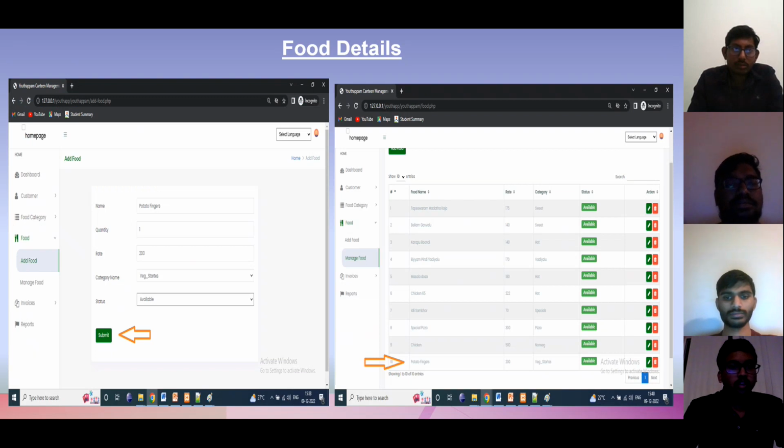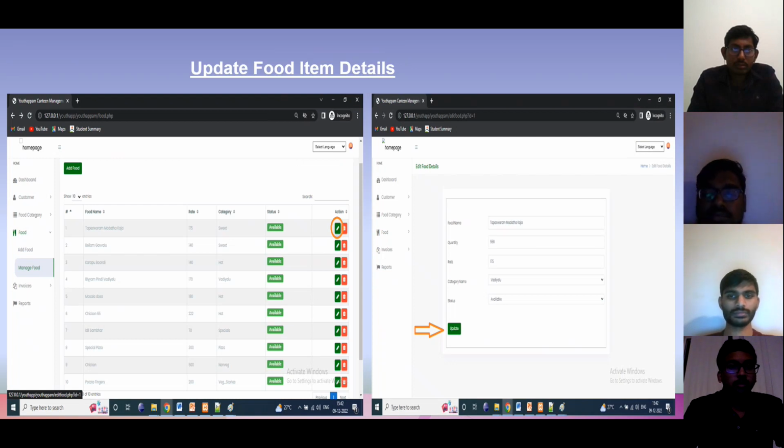as you can see, we can enter the food details that we need. If we make a new item, we can enter the name and the quantity, how much the price is for one quantity, and which category it belongs to. We can also modify them, like we're going to edit and modify the name of the food item, and we're going to delete that from the item list, and we're going to make some categories like specials. And coming to the next,